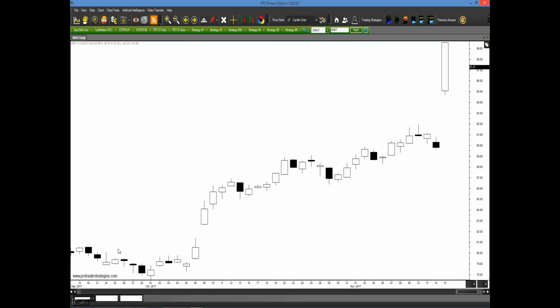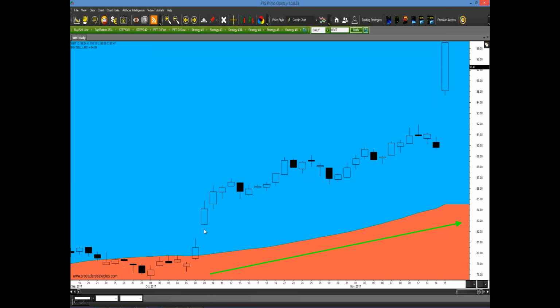WMT, okay? Kind of going lower, and all of a sudden it kicked up to the upside, slowly going up, and then really moves to the upside. Could we have taken advantage of this? Sure we could have. At this point here in early to mid-October, the market was telling us it wants to go higher, and the slope is very strong.